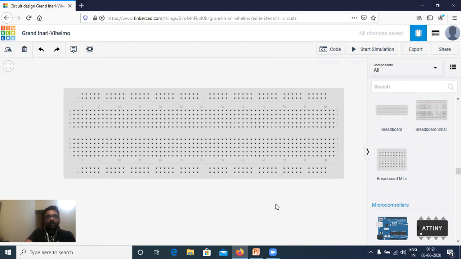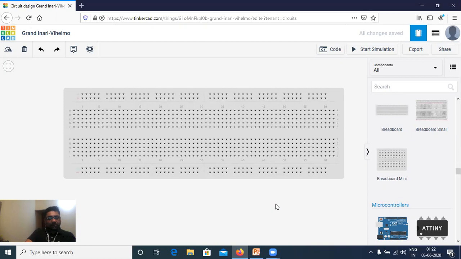Then for our counter, what do you require? Do you require any switch? No, because we are not going to give any digital input. The counter will automatically do counting. So there is no requirement of any manual digital input. For that reason, we do not need any switch.